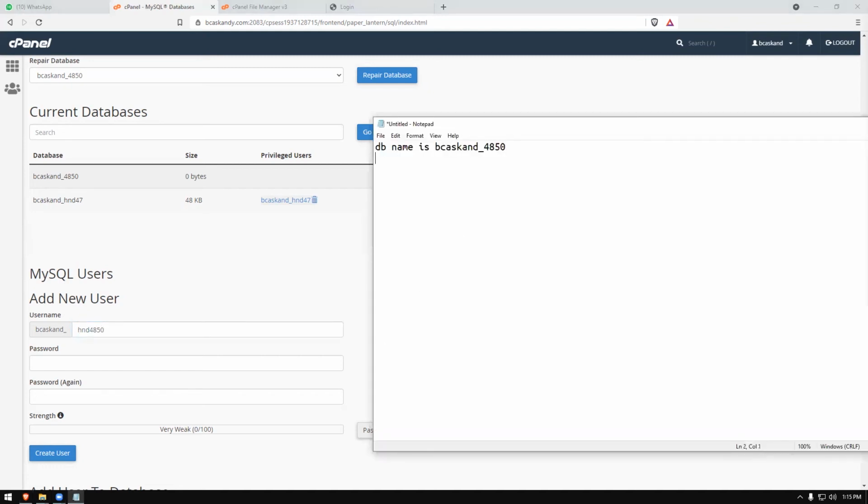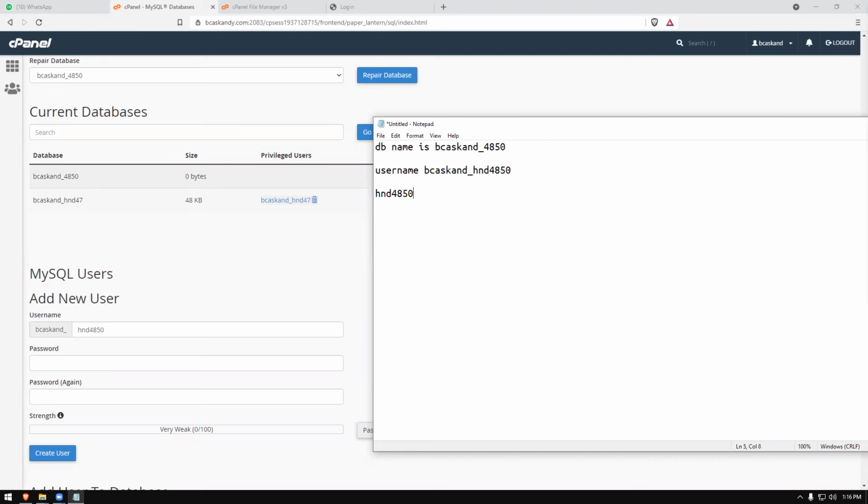For that, the username is bkascand underscore HND 4850. And the password is also needed. We will type the password as HND 4850, and we will type some symbols.